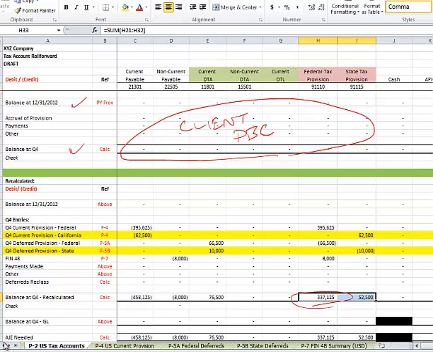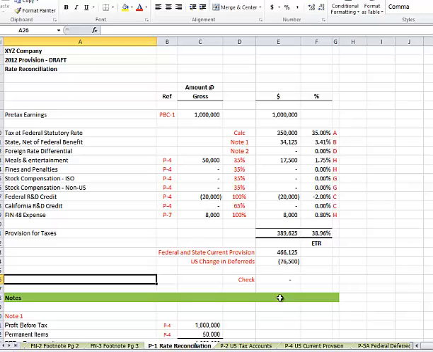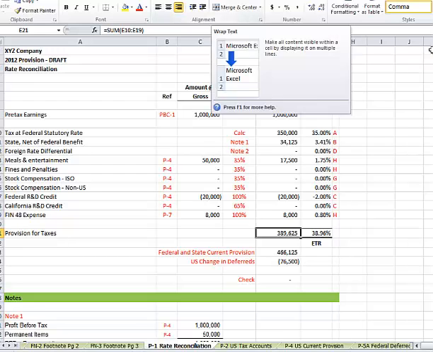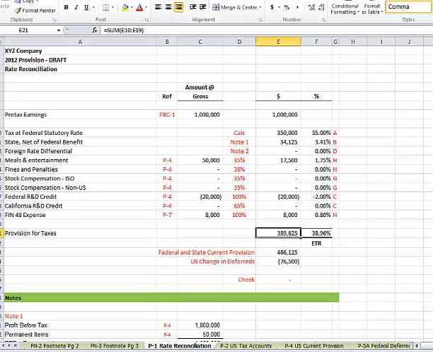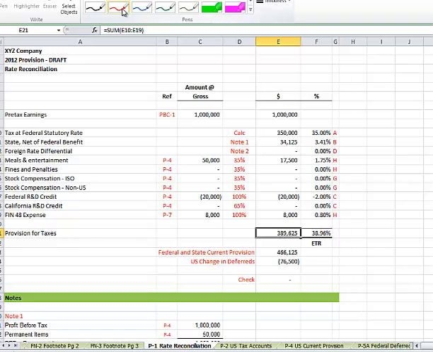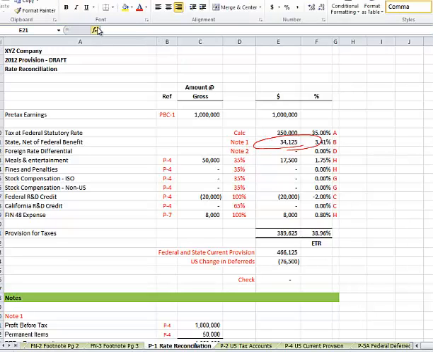Okay, and that 389, if we wanted to go to the next point, look at our P-1, our rate rec, you can see that 389 is rolling there. And the significant addition since the last time we looked at this tab was those state taxes, and you can see that that is that amount right there. Okay. And state taxes, if you follow the source of that,